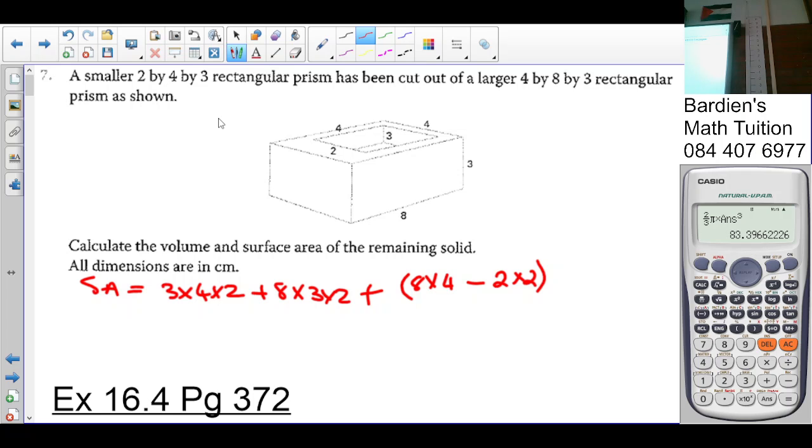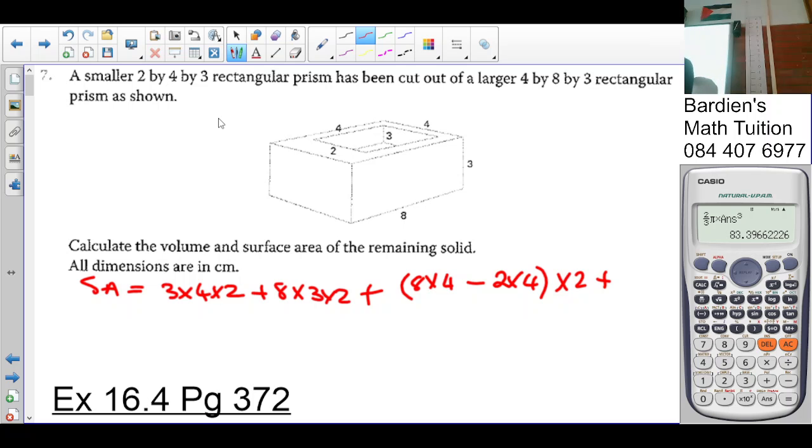So what does that mean? It's going right through. The H means the height. But you guys understand? So how many of those shapes are there? 2 of those shapes. 2 times 4. Yeah, 2 times 4. Sorry. So it's 8 by 4 minus 2 by 4 times 2 with the top and the bottom. Plus